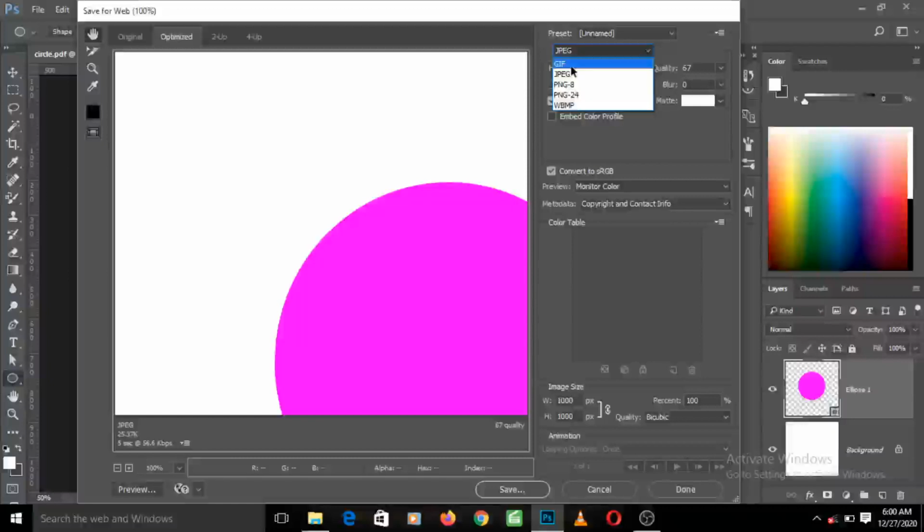Now this is the JPEG, but the two major ones we are going to be looking at are the JPEG and not this PNG8 but the PNG24, because the PNG24 has more quality than the PNG8. So these are the two we'll be focusing on. So if I wanted to save this for web now, I will choose the JPEG and I can set the